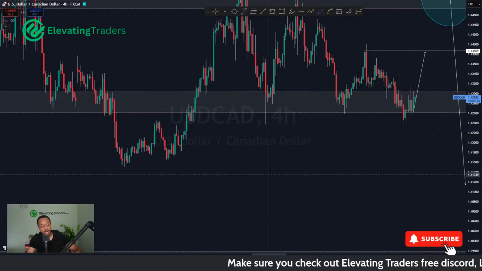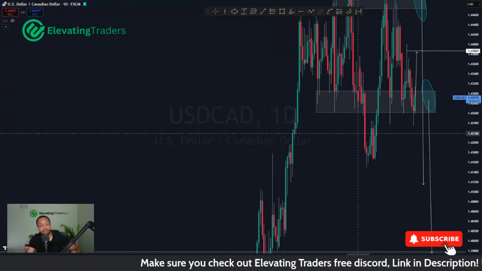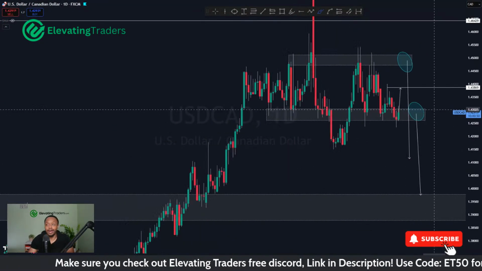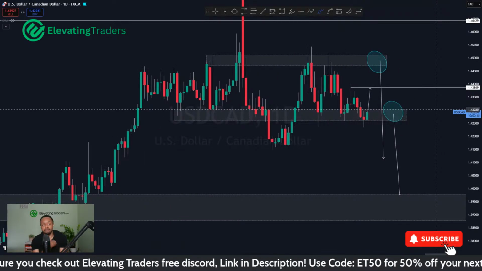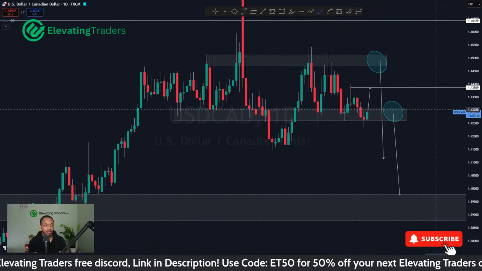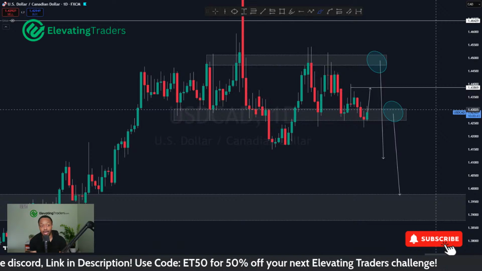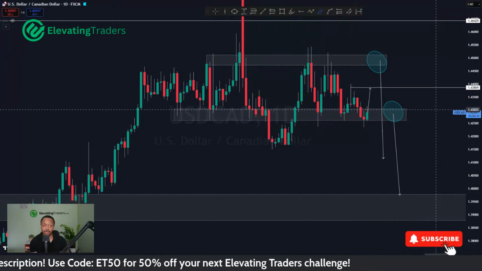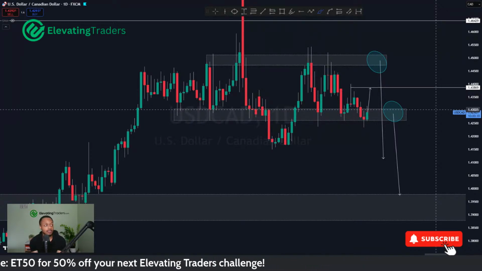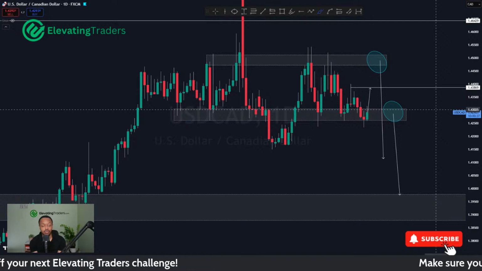So yeah, I do like dollar CAD buys as well. I'm still pretty short biased in the pair. I'm looking for that swing, but now's not the time to be looking to sell the market. Still respecting support. Nice fake out in the lower time frames as well. So that could easily be a catalyst to push dollar CAD higher. So I would be very, very cautious of that happening.